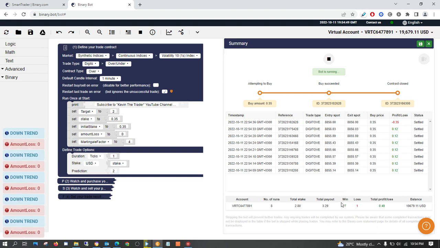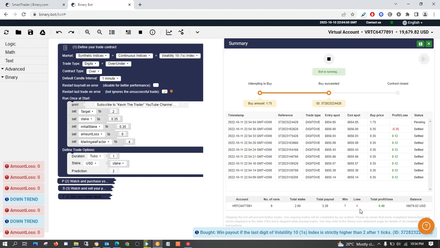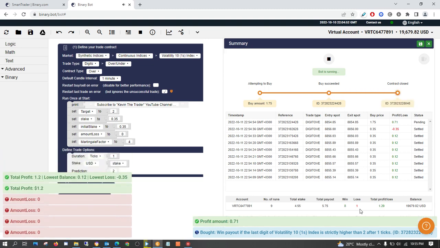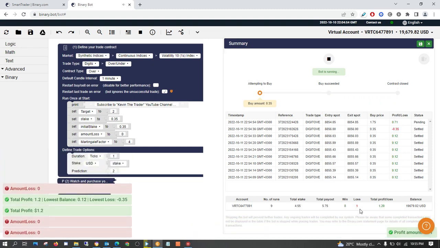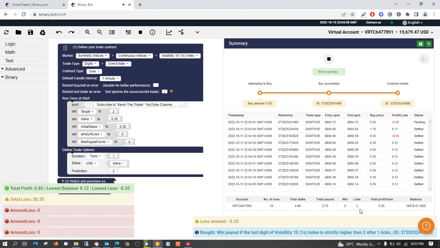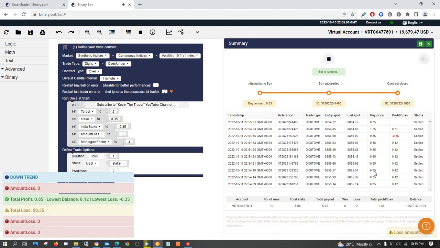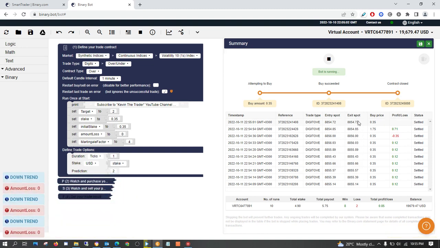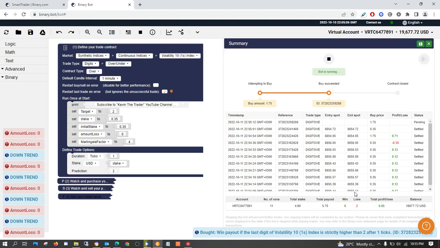For 8 trades, we get 7, we lose 1. So anything 2, 0, 1 is a loss, and anything above 2 is a win. From 3 to 9, that is a win.